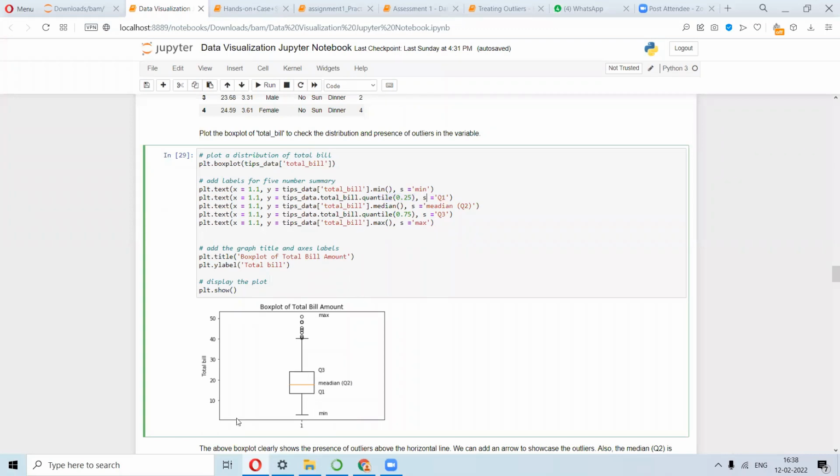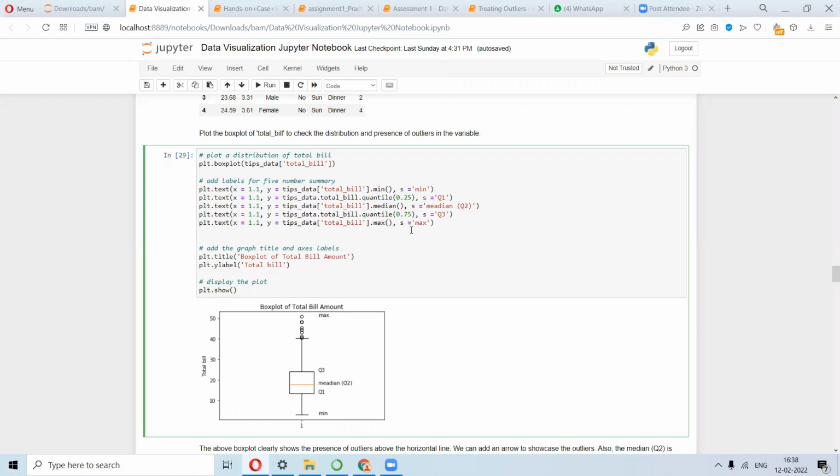So you get Q1, right? On the basis of y, you are doing this. So if y is minimum, then you get minimum here. If y is 0.25, then on the basis of that, you are specifying things.